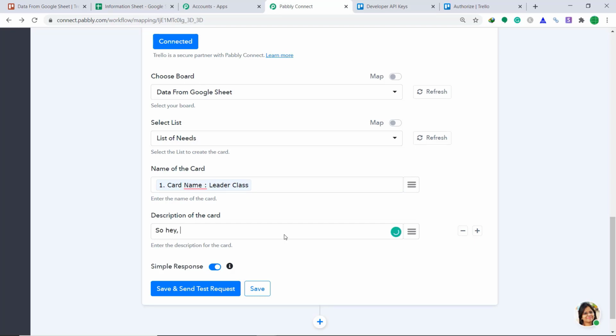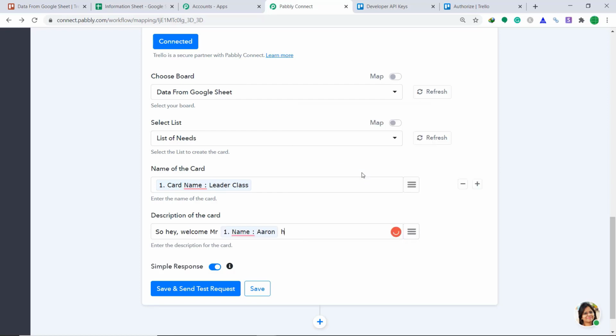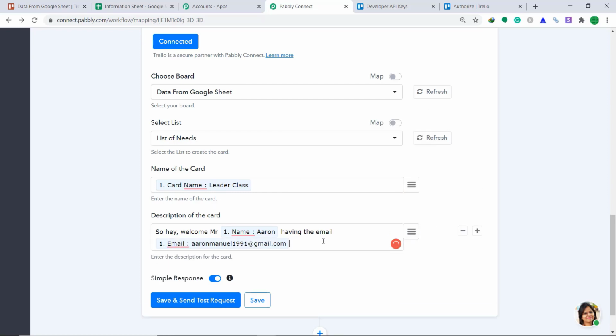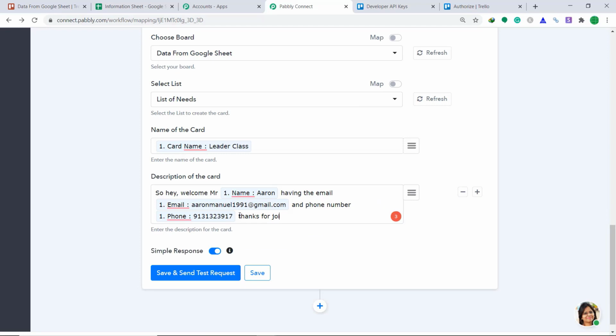So, hey, welcome Mr. Now I'm going to map the name, that is Aaron. Having the email address, let's map the email address. And phone number. Let's map the phone number. Thanks for joining us. Okay, after the description of the card is made, just click on save and send test